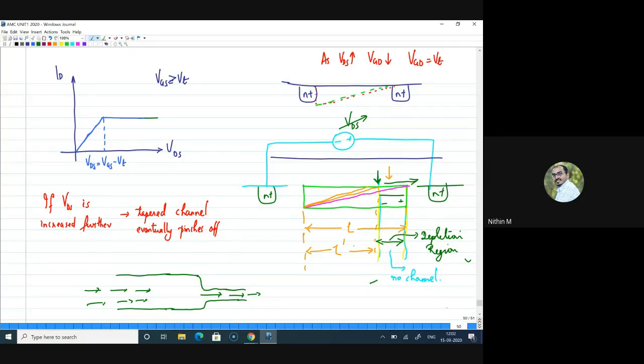Initially you have a wider channel and electrons were flowing, and the speed was also good. But after some time, since the channel was tapered, since there is no channel and this electric field is pulling, there is a very narrow path, but because of the electric field, the electrons are still moving and the current is flowing, right? I can take questions. If you have questions, you can put them in the chat box.